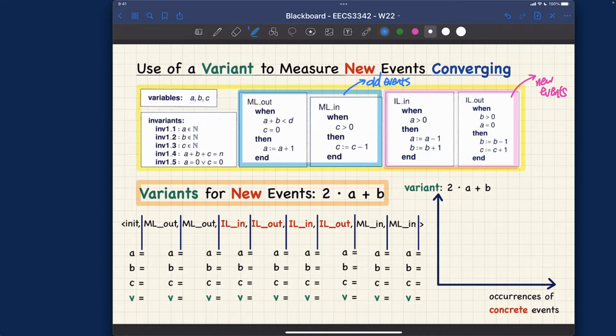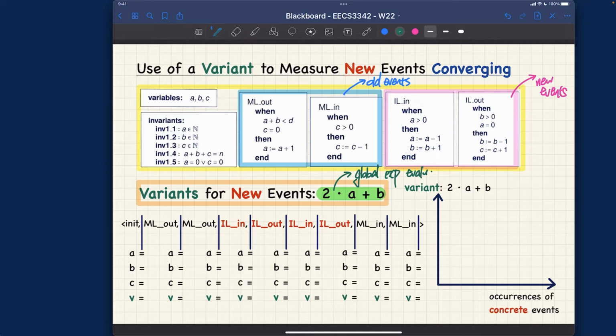And the variant expression that we spoke about earlier was 2 times A plus B, right? It seemed a bit arbitrary, but it's actually not, as we illustrated. So we want to say this global expression. Think about this global expression, which might change its value whenever any event occurs. Okay, so over here, this is a global expression